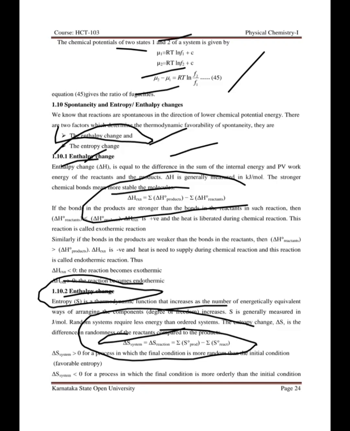So if delta S is less than 0, the process in which the final condition may be more random than the initial condition is a favorable entropy. If delta S is less than 0, the process in which the final condition is more orderly, so it will be in the orderly state. So this is